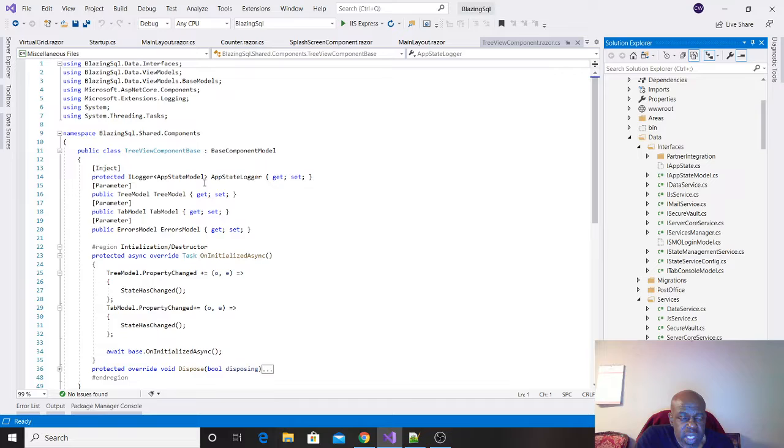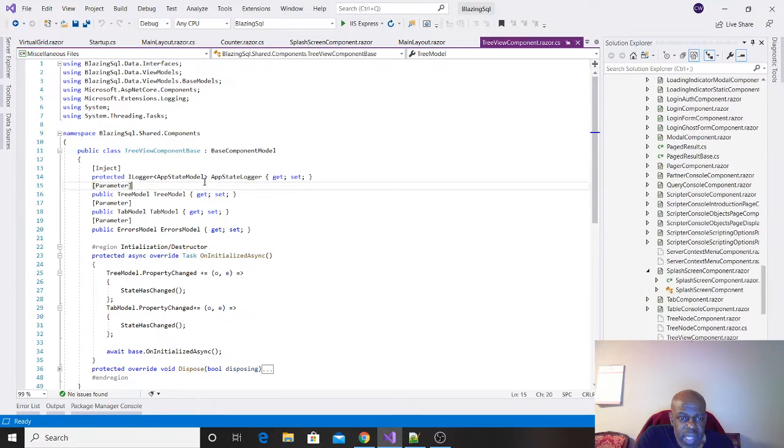What I'm using here, just to let you guys know, is Blazor 3.1. I'm using .NET Core 3.1. I'm using SQL Server 2017. And I'm using SQL Server 2016, I think. Dang, I haven't looked at that server in about a month, because I was planning on upgrading. But anyway, everything that this application is using is all Microsoft. It's all SQL Server, it's all SMO, and it's all Blazor on the .NET Core library.